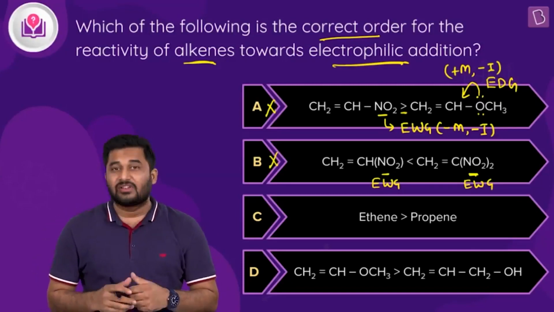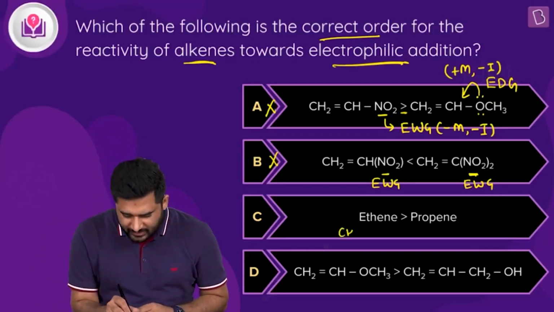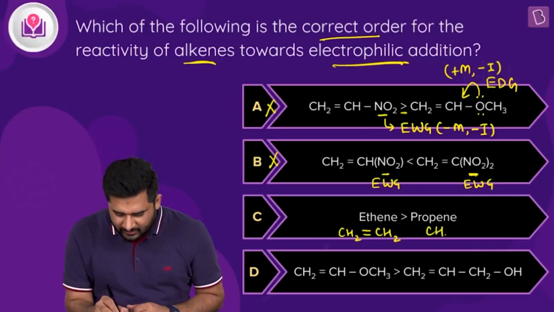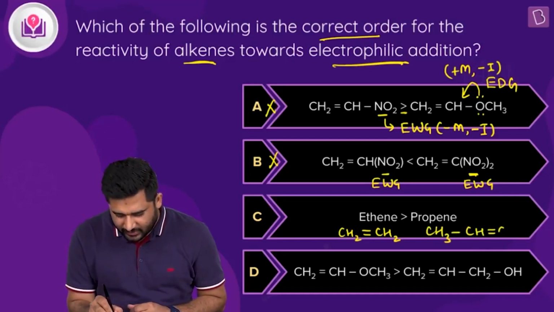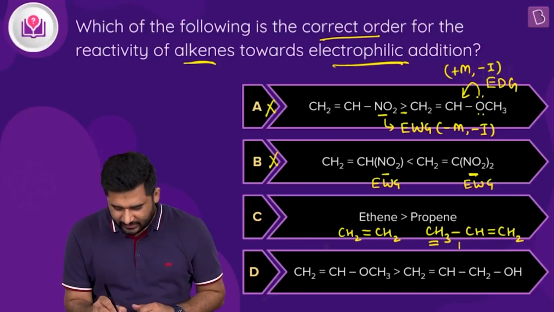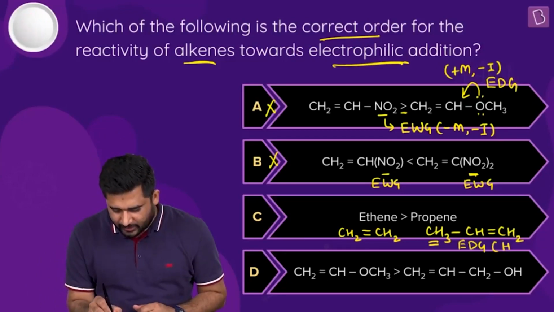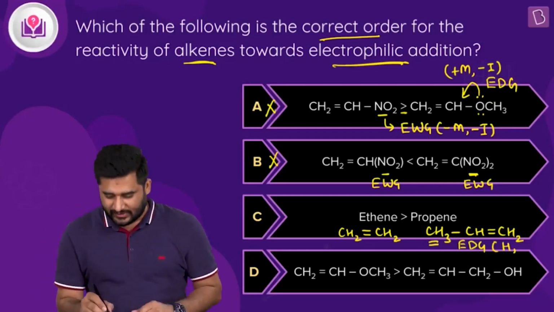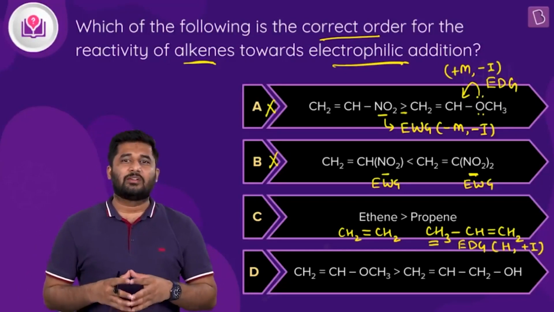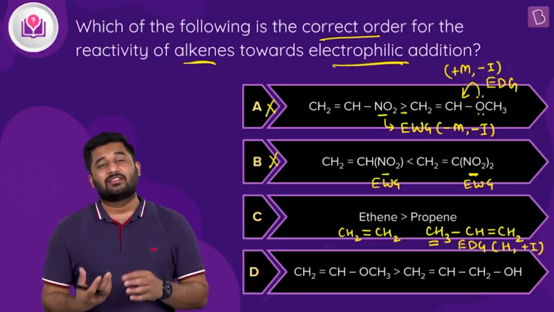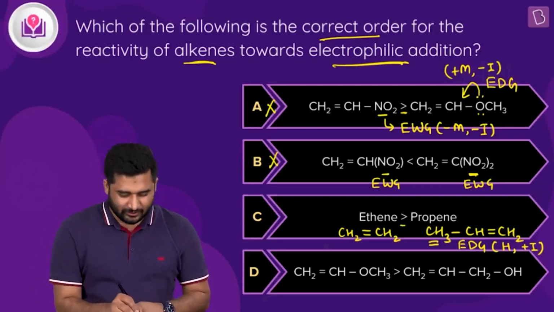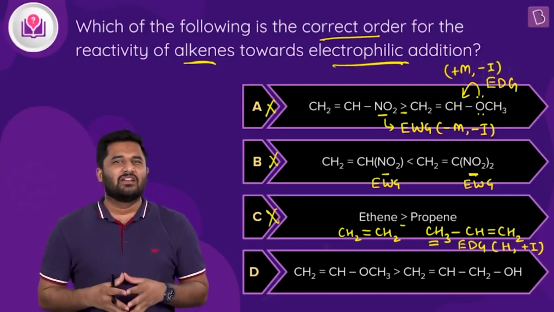Now moving to option C, we have ethene and propene. Let's draw the structure first. This is ethene, and in propene we have a CH3 group present. This CH3 group will act as an electron donating group, clear? It acts as an electron donating group due to the hyperconjugation effect as well as the inductive effect, plus I group. Due to hyperconjugation, if it is donating, it is increasing the electron density, and hence the electrophile will find it easy to attack the system. But since the symbol is wrongly placed, this is also not correct, which means only option D is the answer,